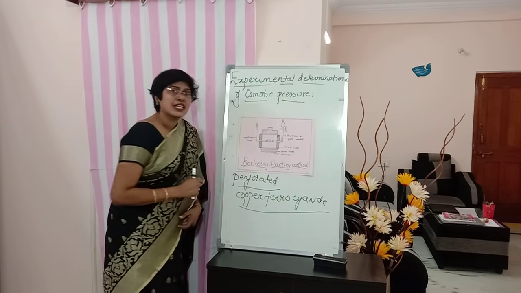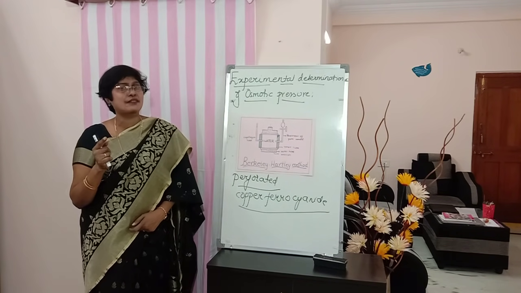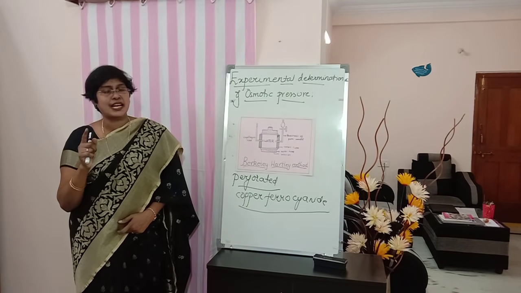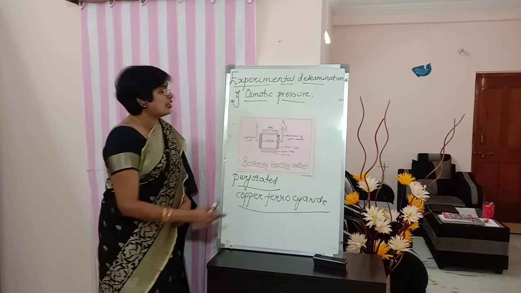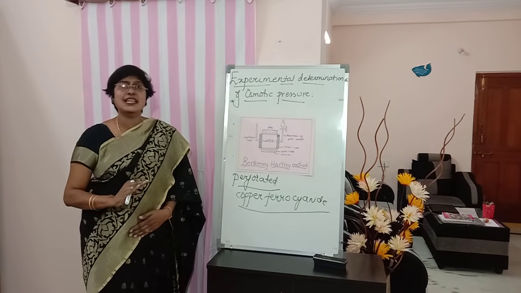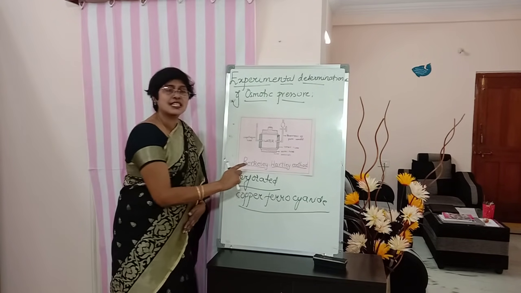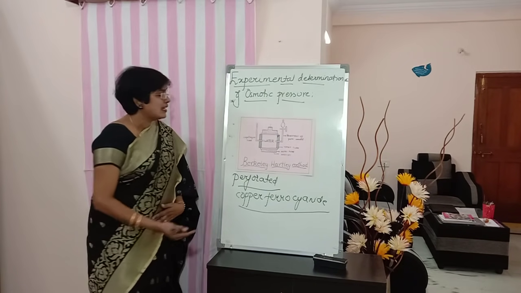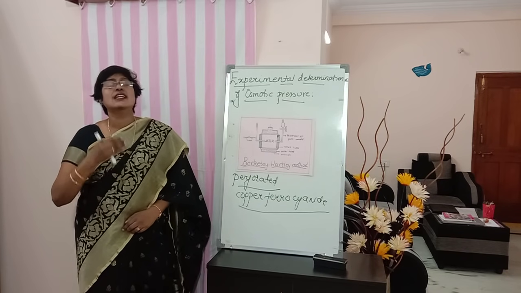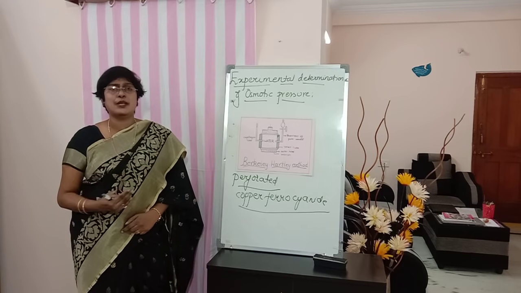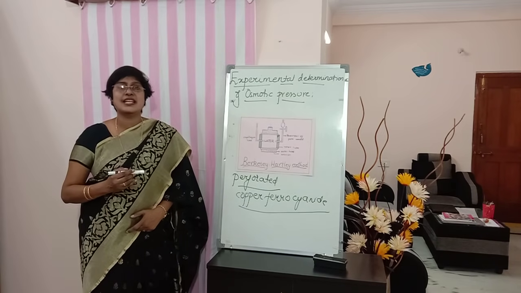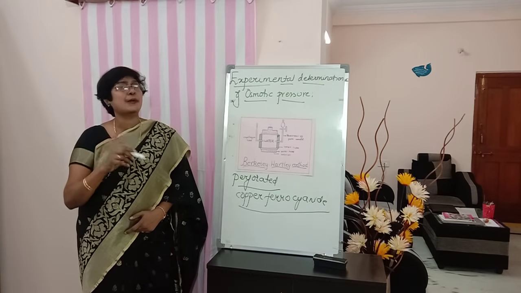It consists of an inner tube which is perforated and coated with copper ferrocyanide, which acts as a semi-permeable membrane, and it is fitted with a reservoir of pure solvent on one side and a capillary tube on the other side. Okay, and an outer tube is fixed, which is nothing but a metallic jacket in which the solution is taken. As we all know, there is a solution, there is solvent, and there is a semi-permeable membrane. Now we know that the solvent moves towards a solution. That is, osmosis takes place through the semi-permeable membrane.